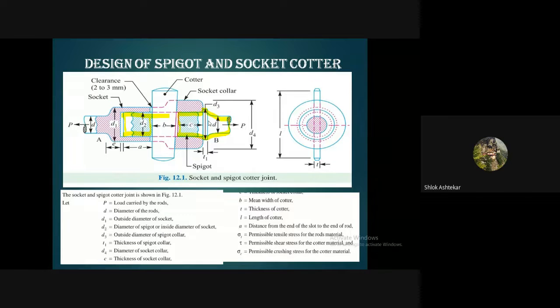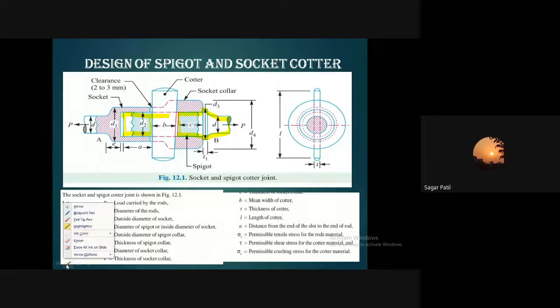So okay. When there will be crushing stress, tell me. Sir, when two mating parts are in contact and there is rotational movement in between them. Very good. So remember, whenever there are two parts in contact, let's say you can see here, I'll show you. Sir, if there will be some twisting.